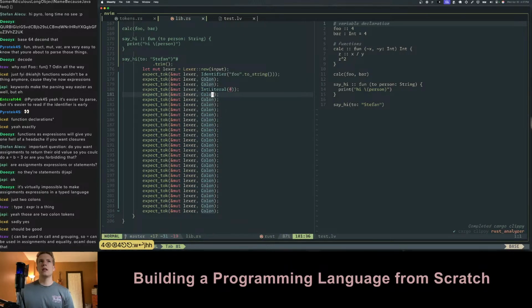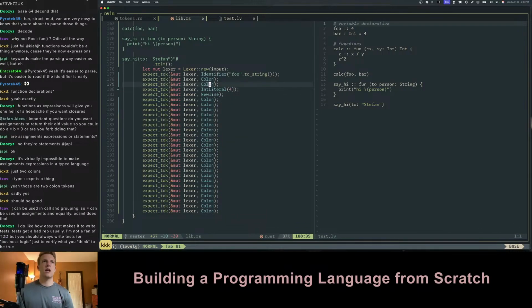Then we want, oh wait, we have new line tokens, don't we? New line. Then, you do like how easy Rust makes it to write tests. Yeah, Rust makes it pretty easy. New line, and then we have kind of the same thing,